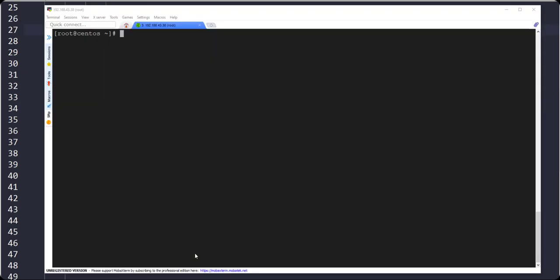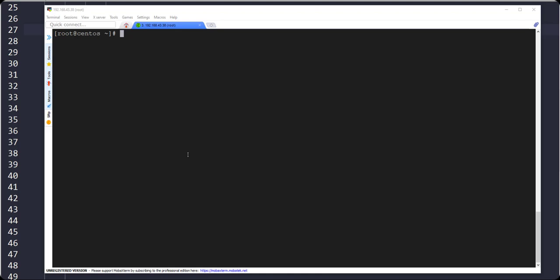Now you can see the Linux terminal with the root account logged in. Let's see the man page.